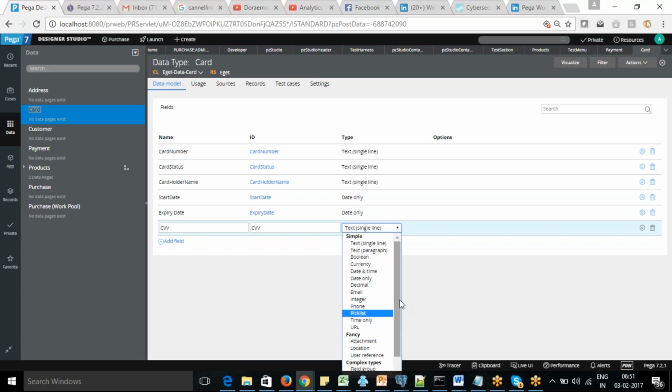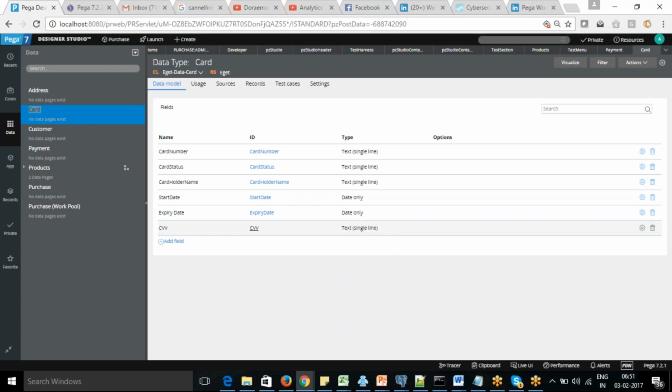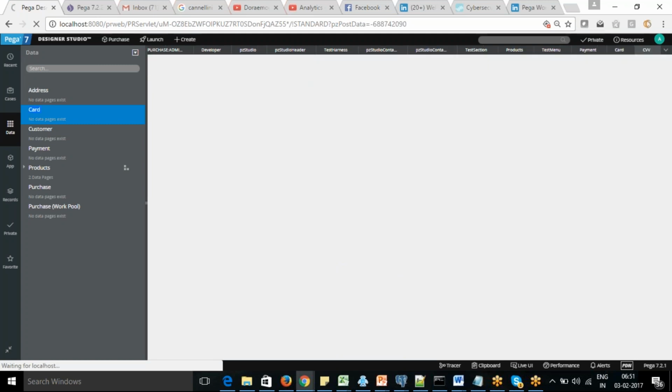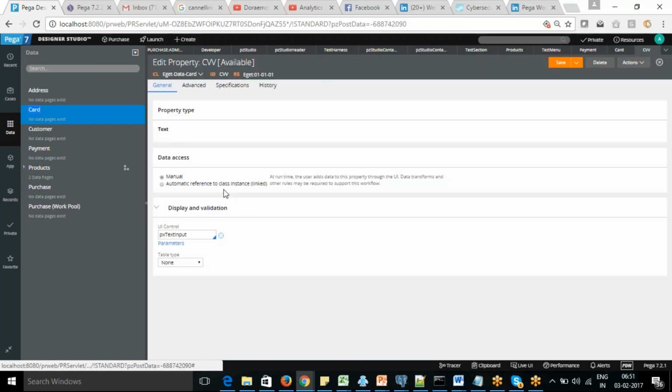That option is there, but here I'm not able to see it. So I'll create it as a text and change it later. But if I go and see, I cannot change it. I want to change that to an encrypted text, because I don't want the CVV number to be displayed there.